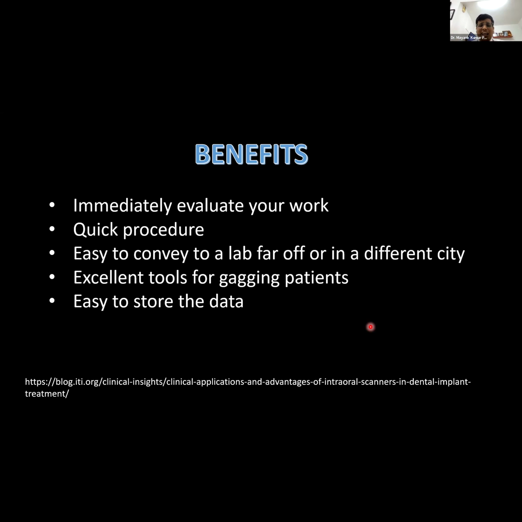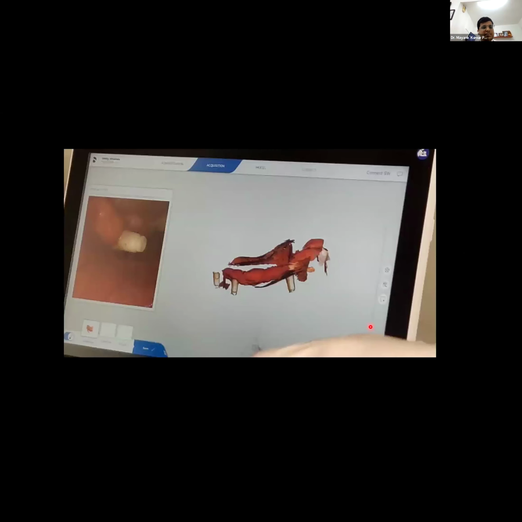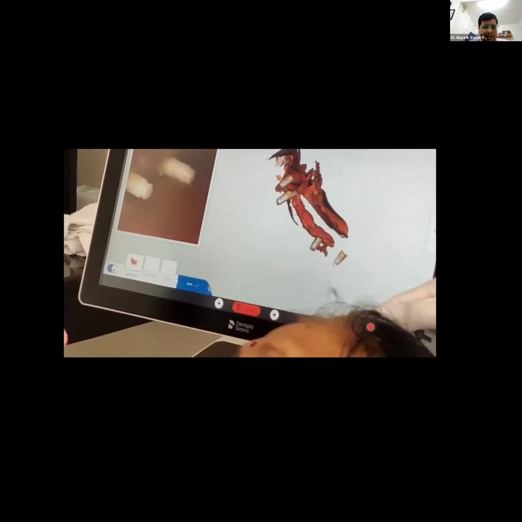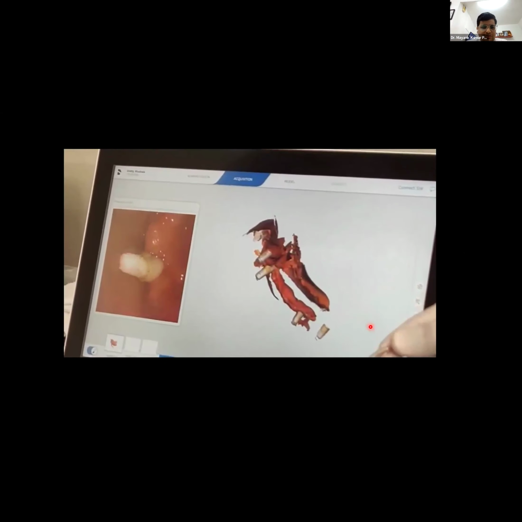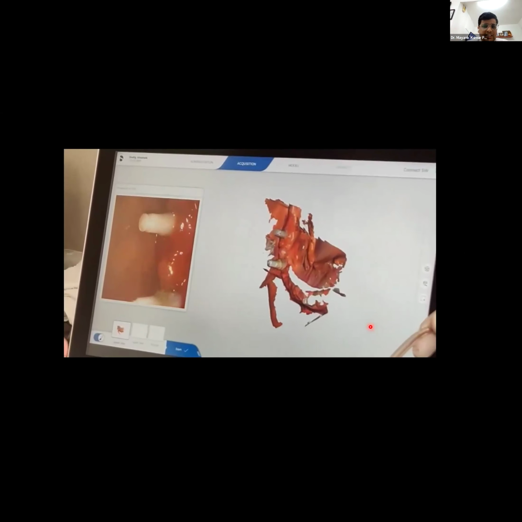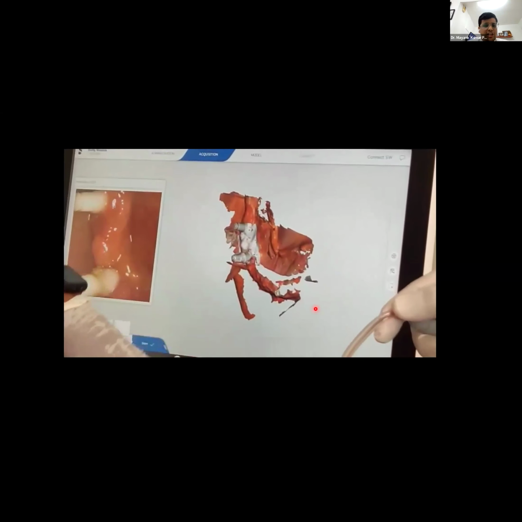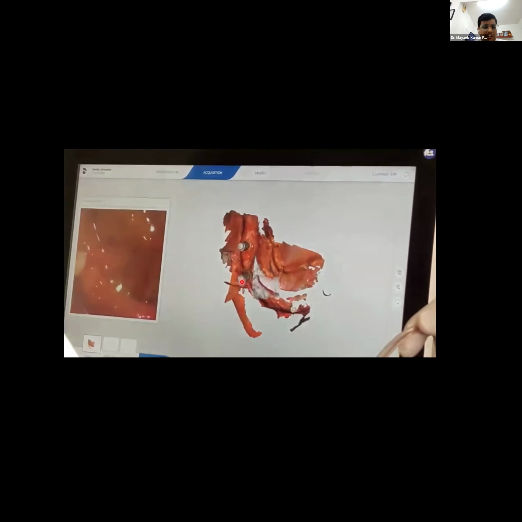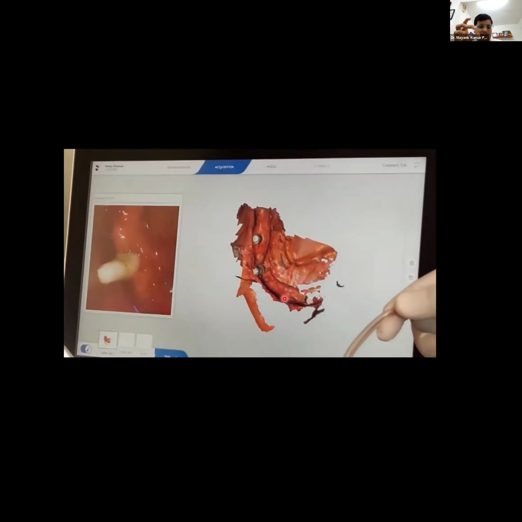And as I told earlier, in gagging patients, it's a complete game changer. And it's very easy to store data in the cloud rather than physical models. So it's extremely crucial that digital impressions are going to become the norm in the future. This, as you can see here, is a scanning of a lower implant. Here, four implants were placed, and these are four zirconia abutments. A scan of that is being made. As the scanner is being moved, the details of the arch get recorded here, and this detail, once completely recorded,